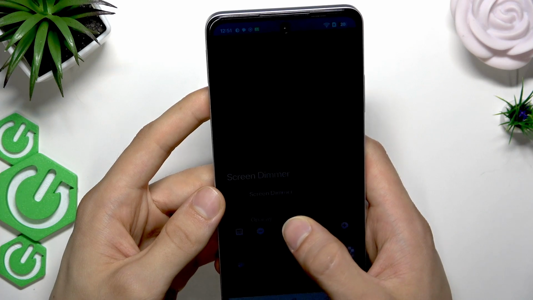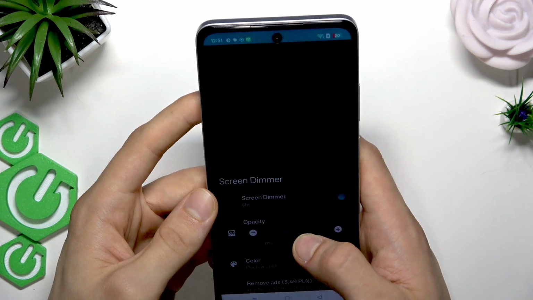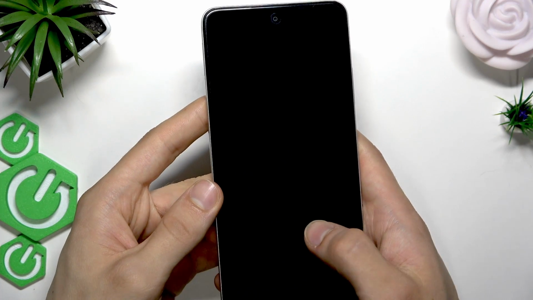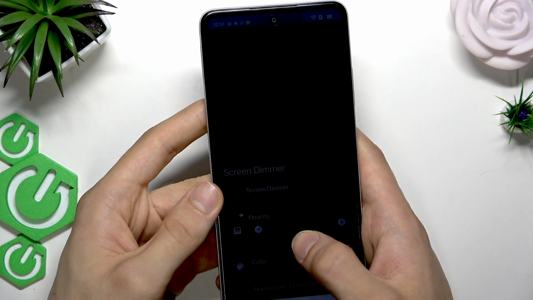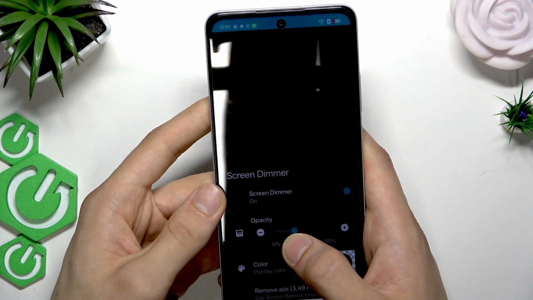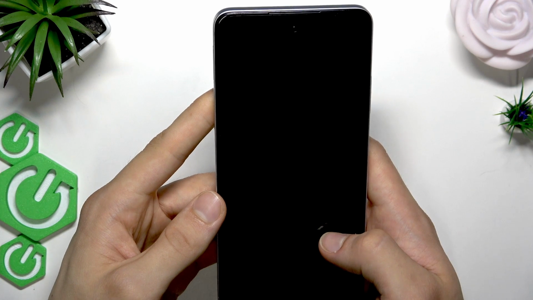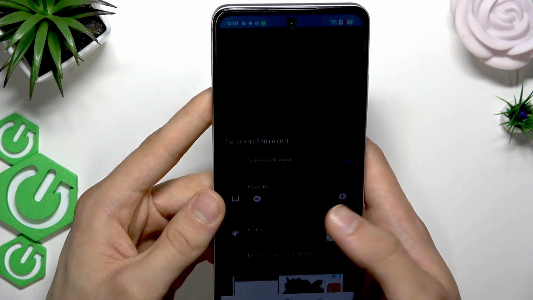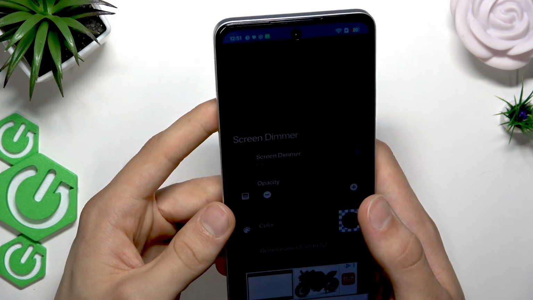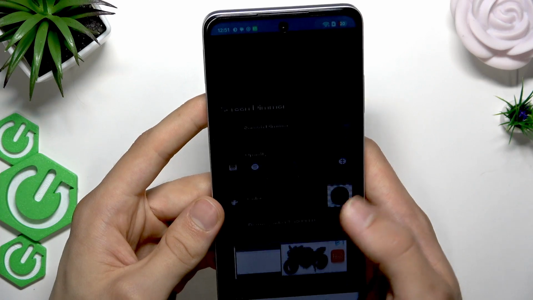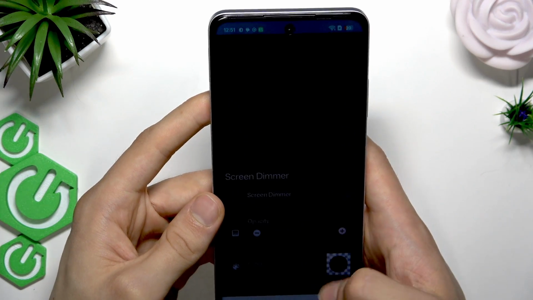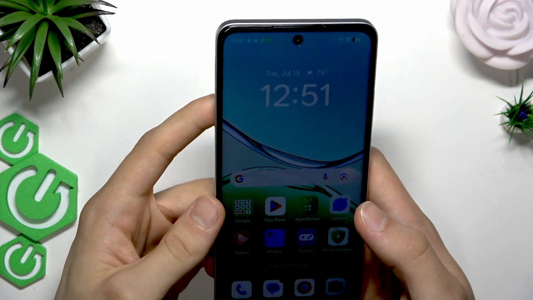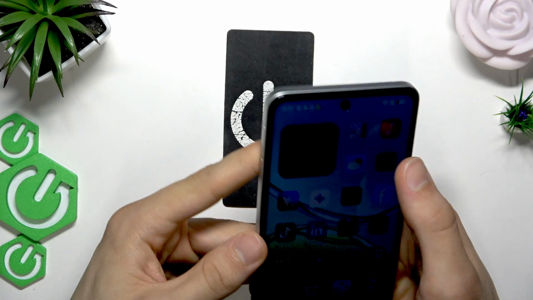You can change the opacity of the screen dimmer by moving this slider. This way you can reduce the brightness of your screen significantly. If you move it to the very right, you can basically turn your screen off while keeping the phone on. And see if this application helps you, and if it doesn't, then go to the settings,